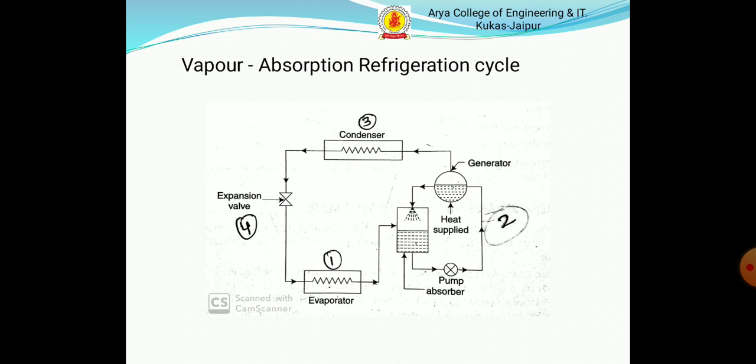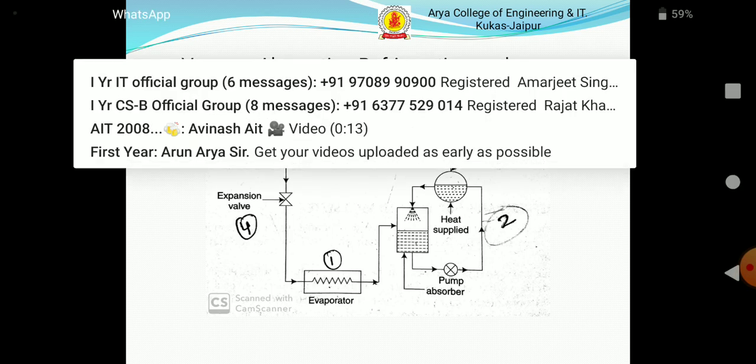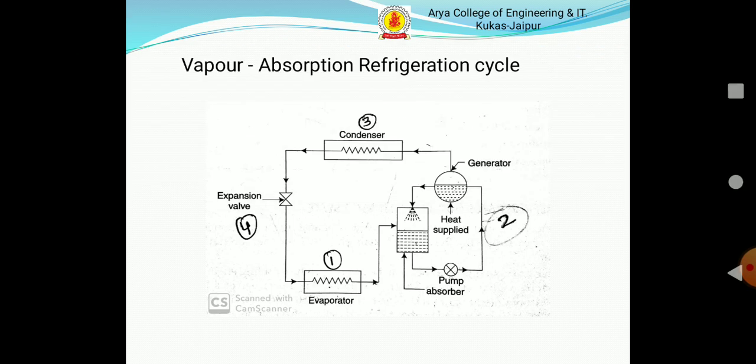The pump consumes a comparatively lesser amount of electric power, and a low cost fuel or any heat source, including solar energy, can be used. Here the refrigerant used is ammonia and the absorber is water. So ammonia vapor coming out from the evaporator at low pressure is absorbed by water available in the absorber tank,